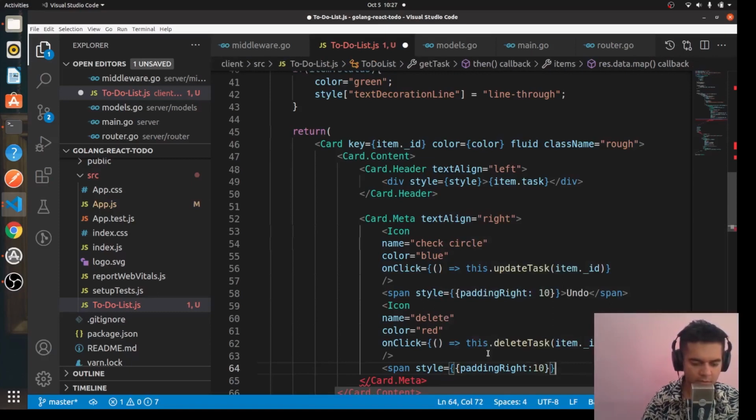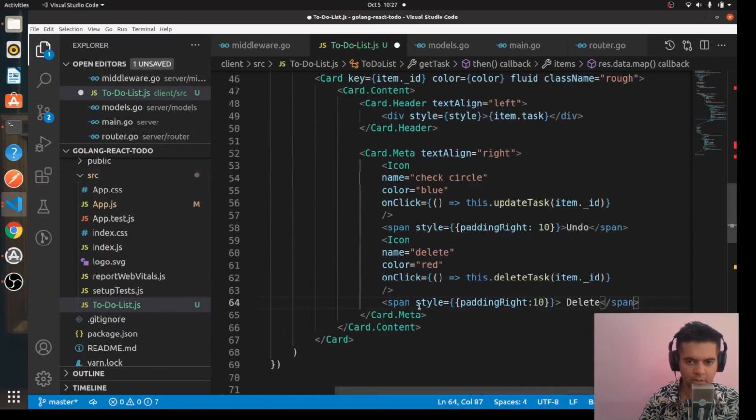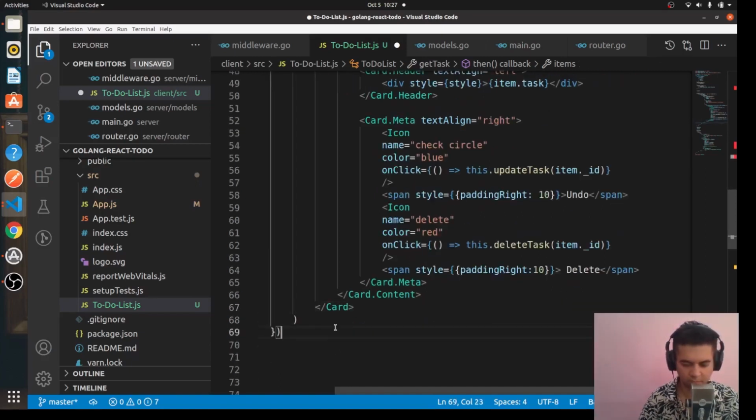padding right is 10. If you ever get confused, just look at the project demo that I'd shown you in the beginning of the video. Then everything will make a lot more sense, right? So here's the delete text for the button, and now you just ensure that you have closed all the tags correctly. Card.meta, card.content, card, and let's put